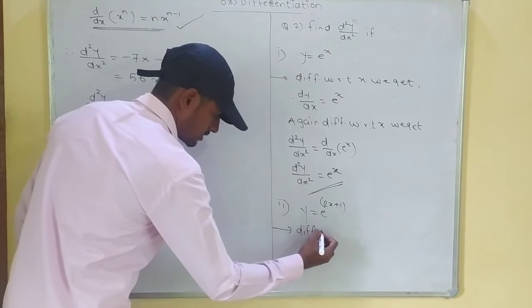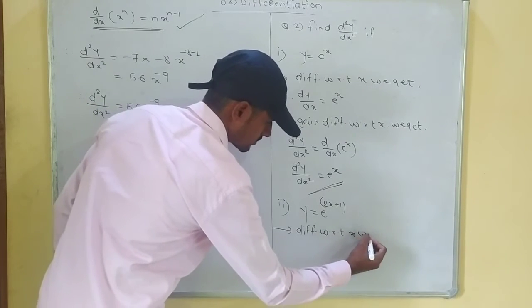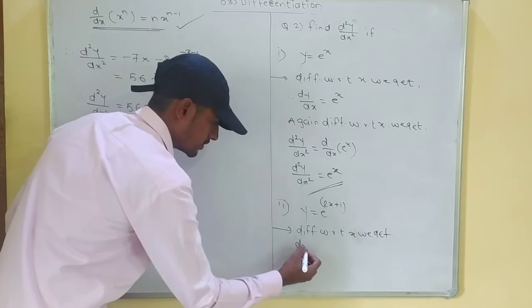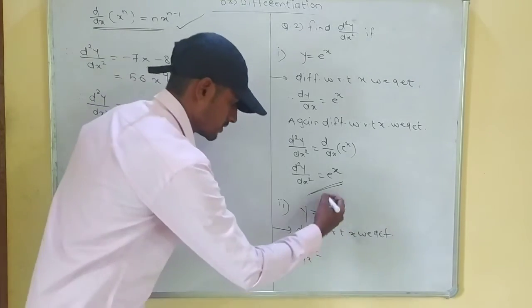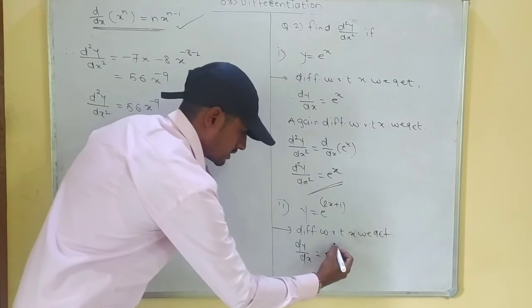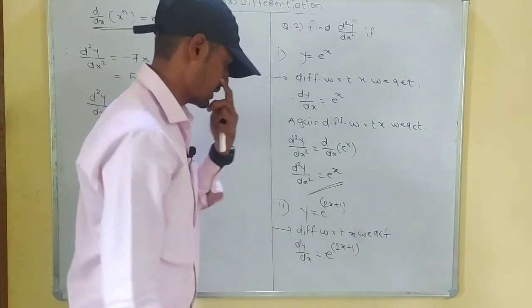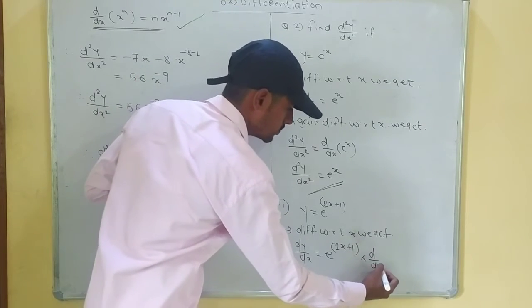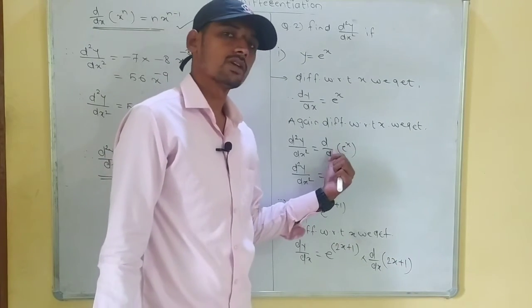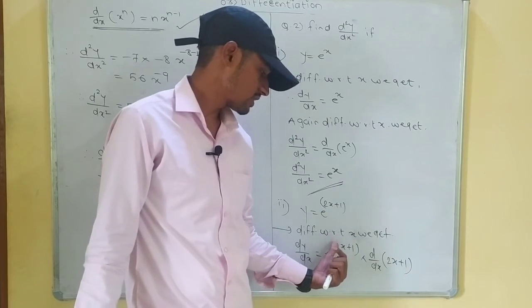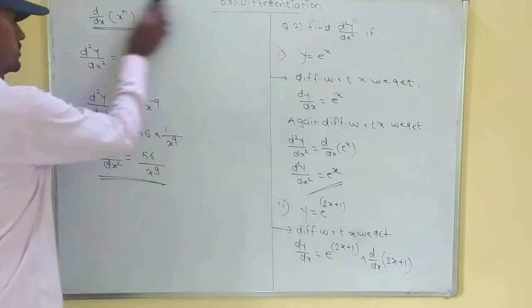First differentiate with respect to x, so the first order derivative is dy by dx is equal to e to the power anything, so the derivative of e to the power anything is the derivative of e raised to 2x plus 1 into the derivative of 2x plus 1. If it were only e to the power x, the derivative of e to the power x would be e to the power x, but in place of x there is 2x plus 1, so we take the derivative of 2x plus 1 once again, so the final derivative becomes